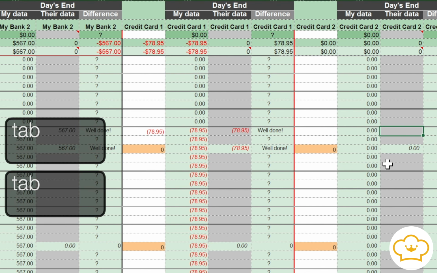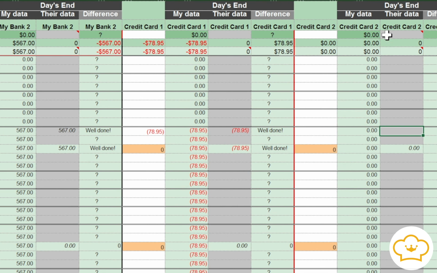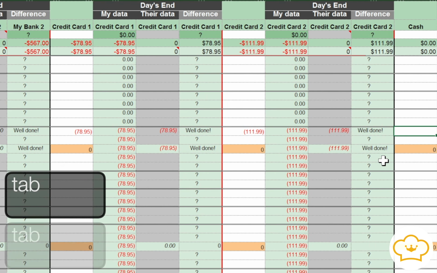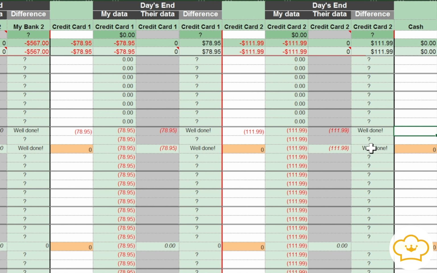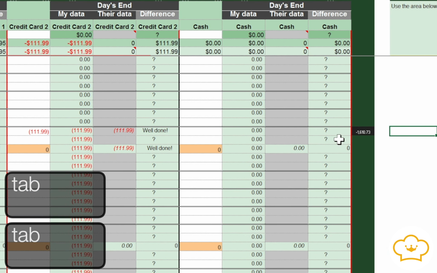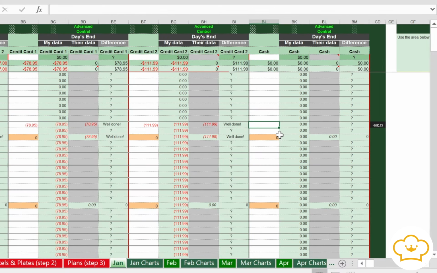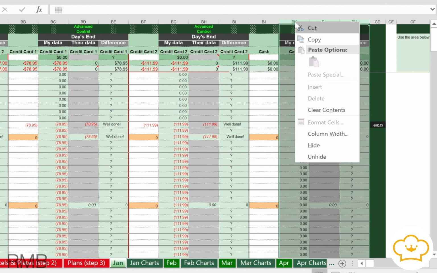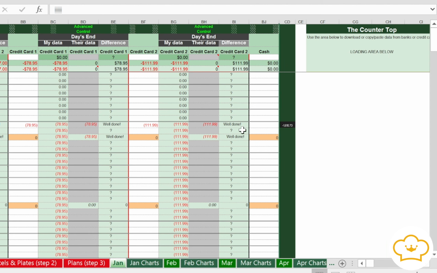And then credit card 2, which I'm going to track as well, has a negative balance of negative 111.99, and that's where I'm going to start off as well. So each of these 4 pots, I'm going to track my spending against their recording, and that's why we have 2 columns. On cash, with cash though, I don't want to waste time counting all the cash and all the wallets and purses and countertops, so I'm going to hide 3 columns there